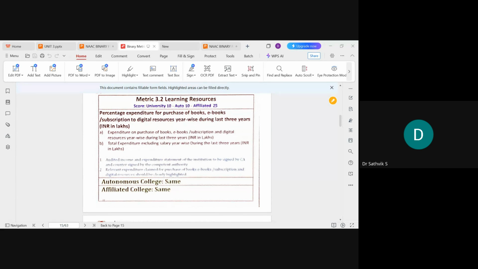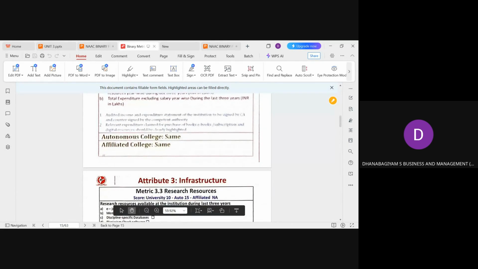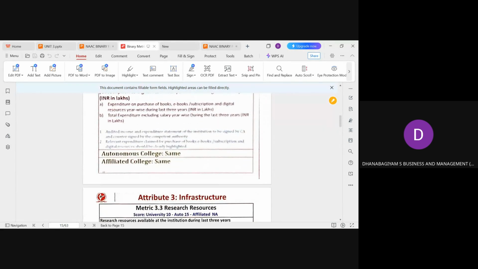Even including language lab, we can go with the Wordsworth English lab, ma'am. Correct, sir. Likewise, we can have some subscriptions and some periodicals that need to be maintained in institutions. And all these carry a very good score.